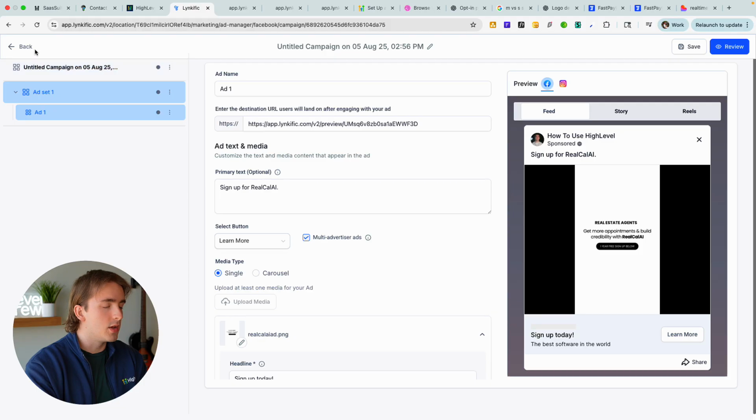But just like that, we now have a campaign created through GoHighLevel, through Facebook. We can run this online, set a small budget of anywhere from $10 to $100 a day to get started, get your first signups, and of course, just keep optimizing the process while you're trying to sell this SaaS. There's a lot more that you can do, like making better ads, improving your landing page, but this will get